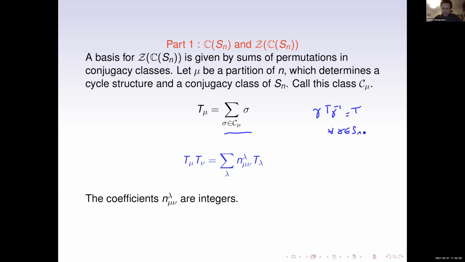If you take all permutations in that conjugacy class and sum them with equal weight, you get something in the group algebra which is central. You can easily check that. When you multiply two of these, associated with two partitions, you get a linear combination of other central elements like this, and the coefficients are integers, just because they come from group multiplications. So now